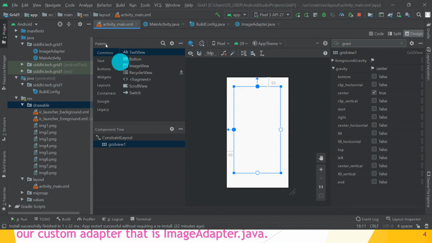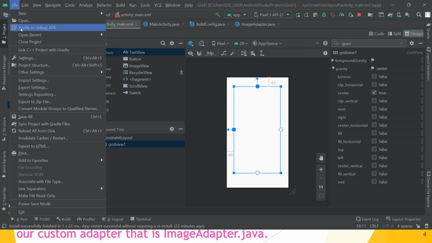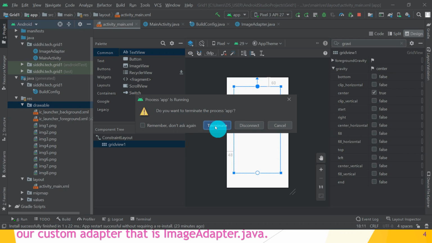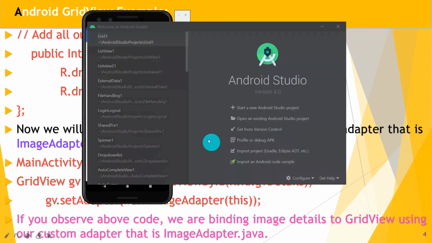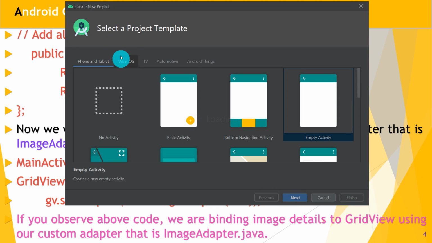Great. So first create a new project. Close the recent project, click on terminate. Great. So next is start a new project. Select your project template from the available ones. I have chosen Empty Activity. Then click on the Next button.